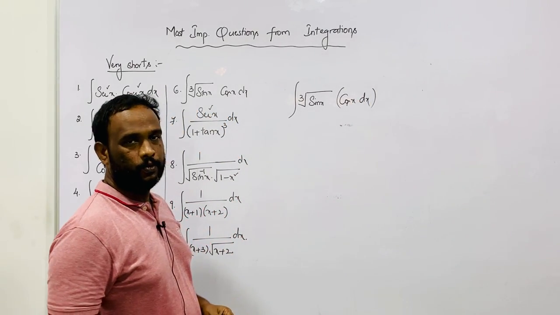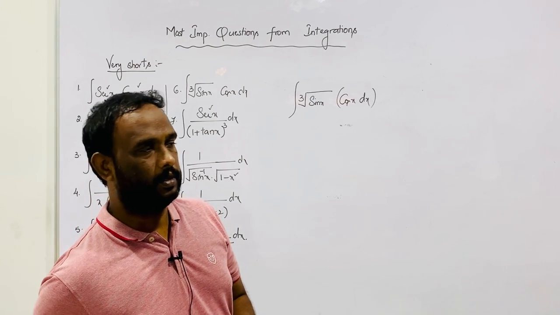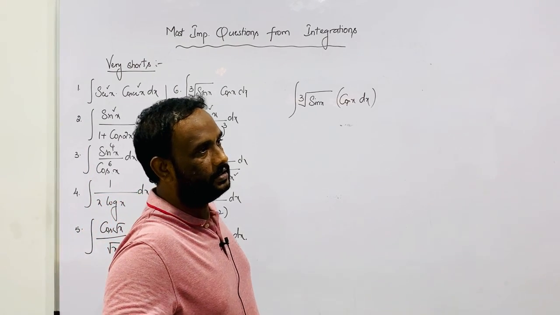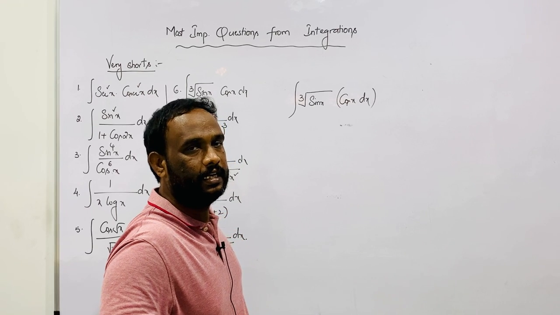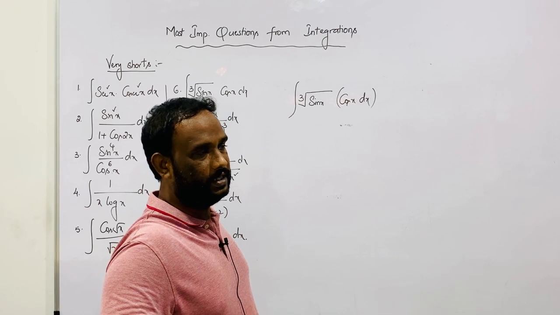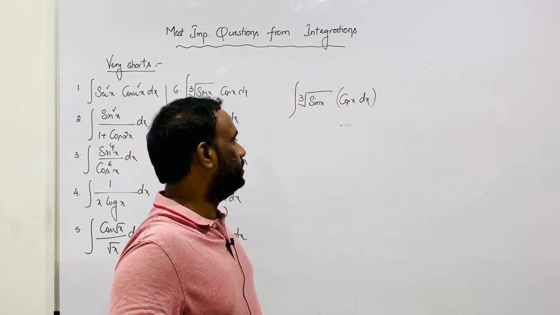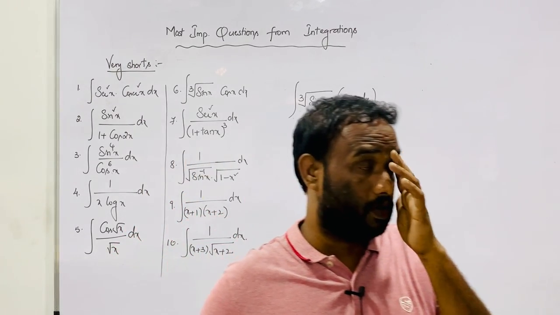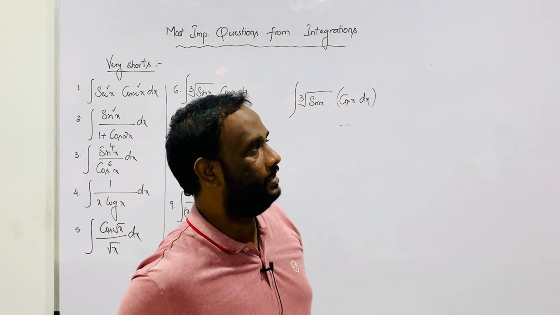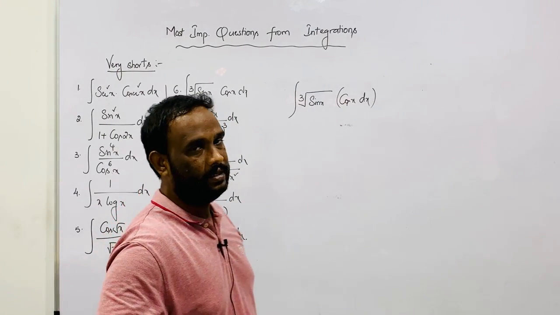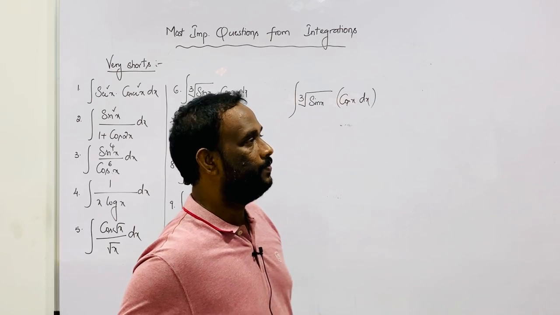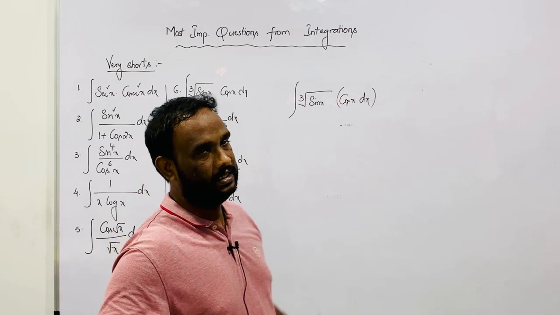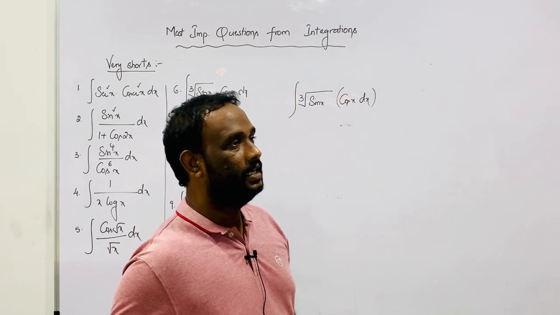It is a simple logic to solve any problem by the substitution method: whenever the integral contains two quantities, one will be f of x and the second will be g of x. How can you identify that this problem can be solved by substitution? If you are considering one function to be t, then the removed function, that is the second function, should be replaced by dt.